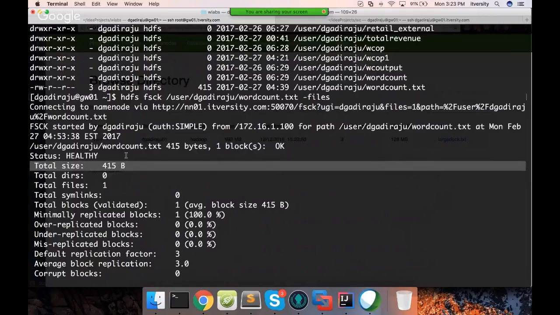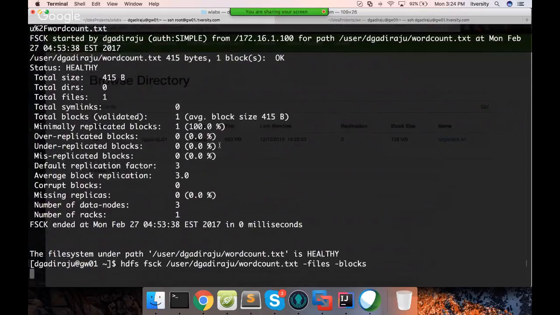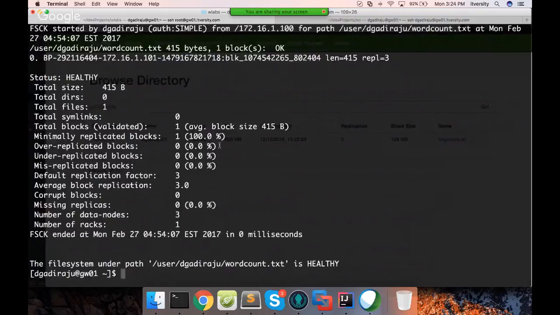If you want to get to the block IDs, which are unique across all the files, if you want to get the details about blocks associated with this file, by running -files itself, we can see that there is only one block associated with this file. Okay, if you want to get the details about the blocks, such as block ID, you can say -files -blocks,